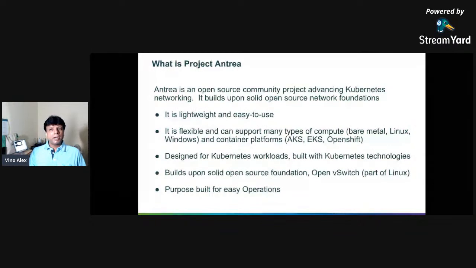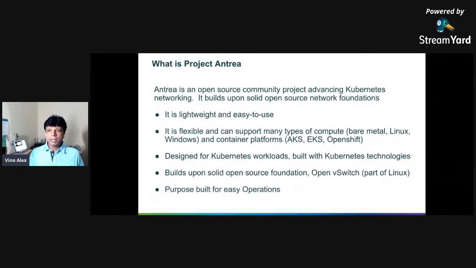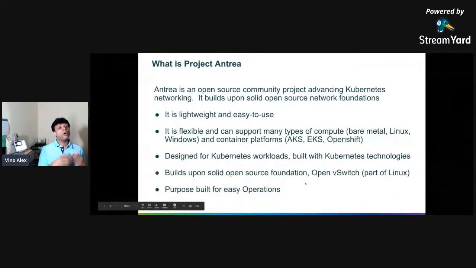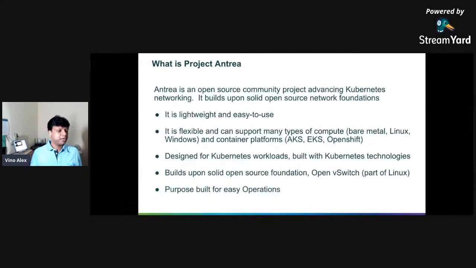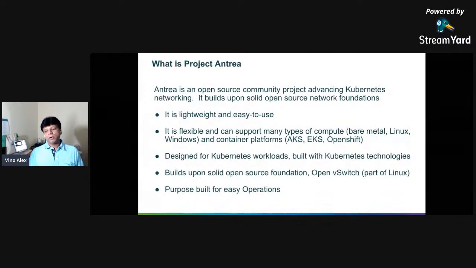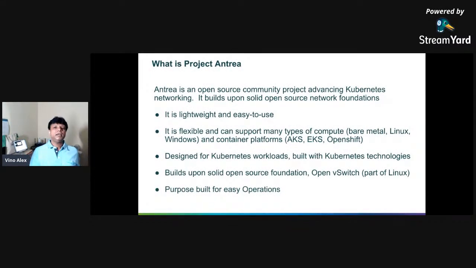It's built upon an open source foundation, because Open vSwitch, the Open Virtual Switch, is the core component of Project Antrea, or the Antrea CNI. As I mentioned, this is purpose built for easy operation. It should not come out as another operational concern around Kubernetes. That is not its goal.